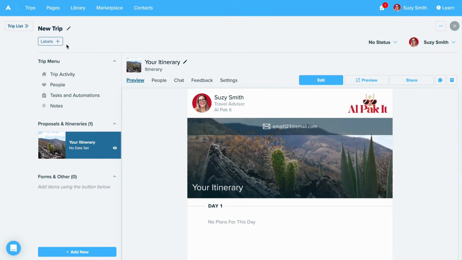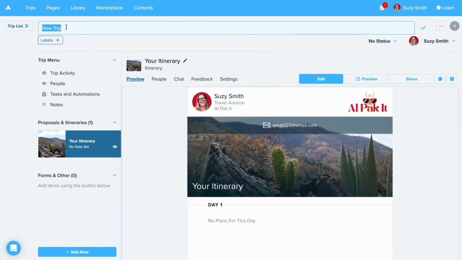From here, you're going to come to the trip overview, and think of this as your suitcase for the trip, and you can pack all of the resources that you could ever need, including invoices, forms, multiple itineraries, and proposals, you name it. The first thing that I'm going to do is put in our trip name,